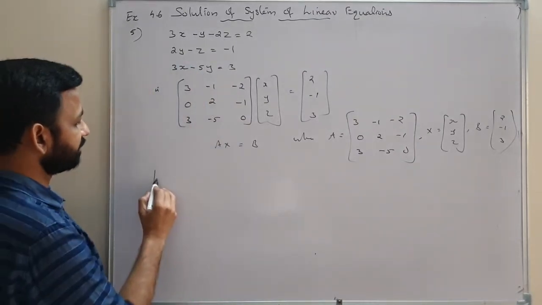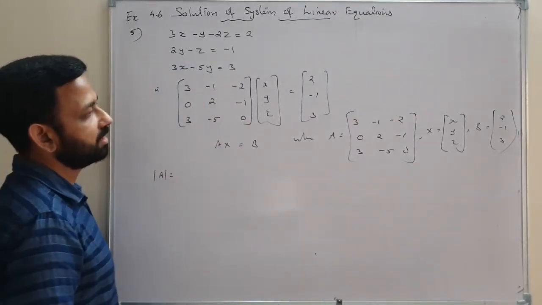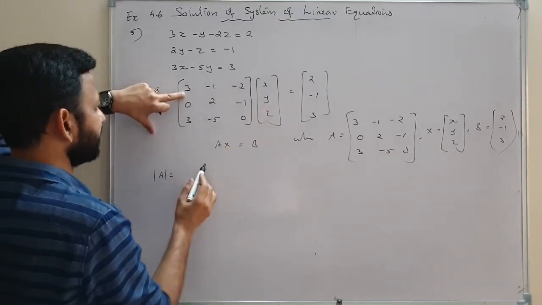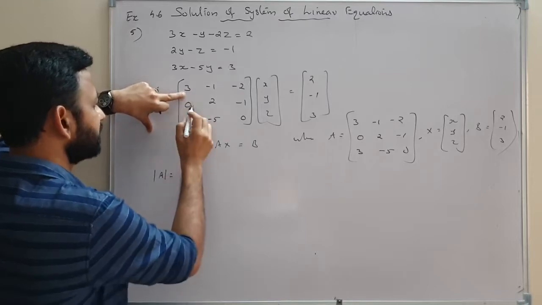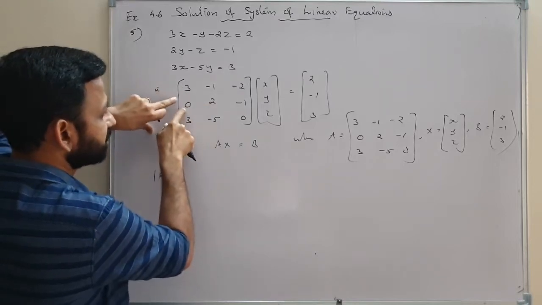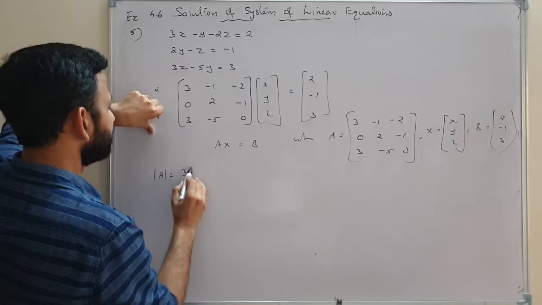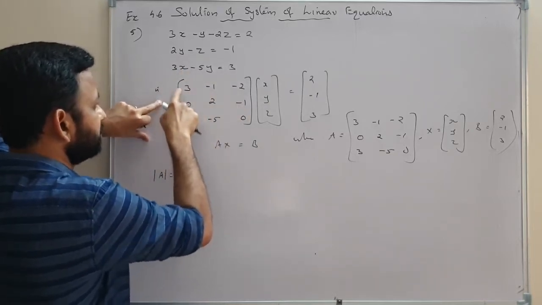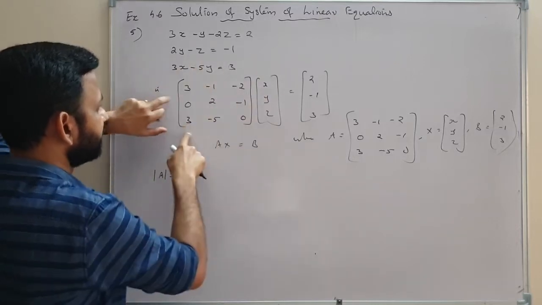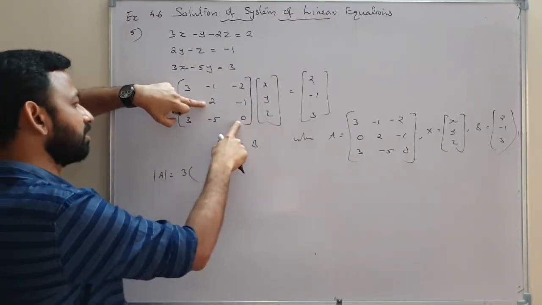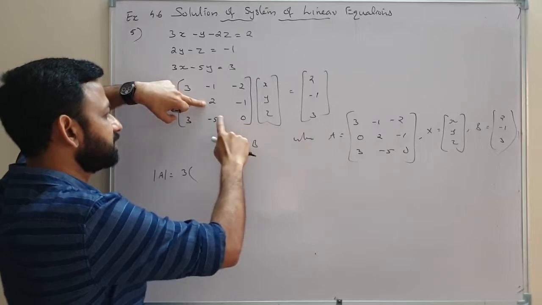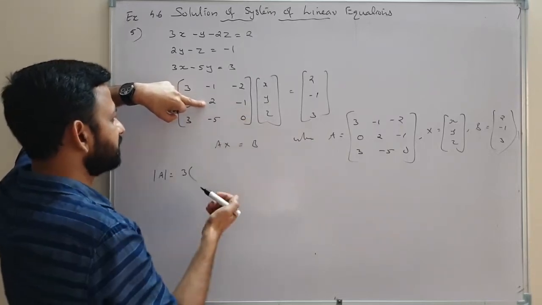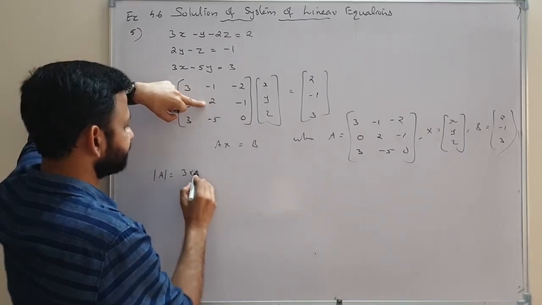Now we need to find determinant A. Determinant A we will find by using first row, or second row, first column we can use because 0 is there. 3 into deleting, deleting, then 2 into 0, that is 0, 0 minus 5 into minus 1, minus 5 into minus 1 is minus 5, then 0 minus 5, that is minus 5,